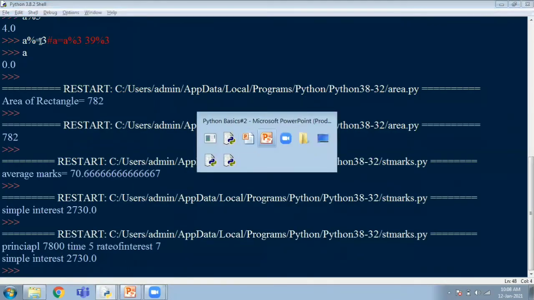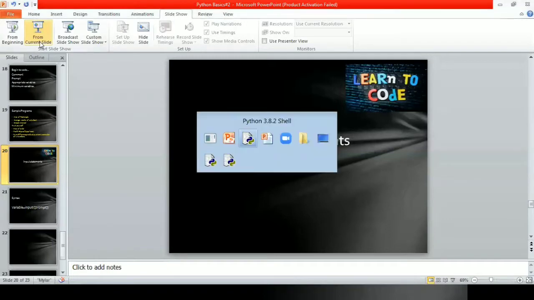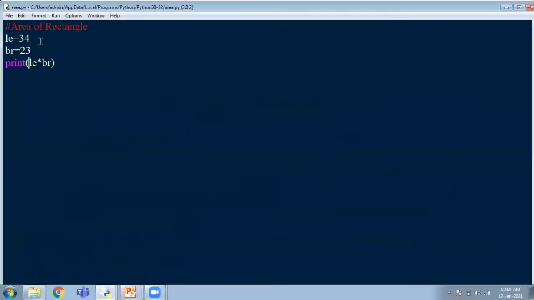So we have the code, right? So here we have assigned length and breadth. So instead I want to take it as a user given input. So let us see how it is. Same variable assignment, but you are not going to assign to a fixed value. Instead you are going to give input,